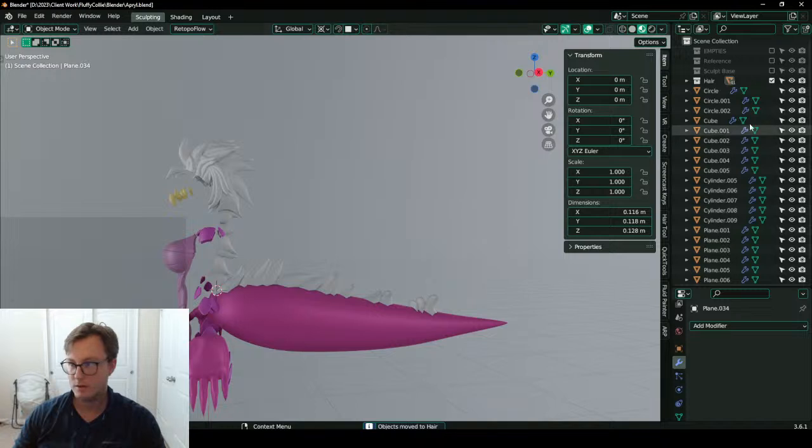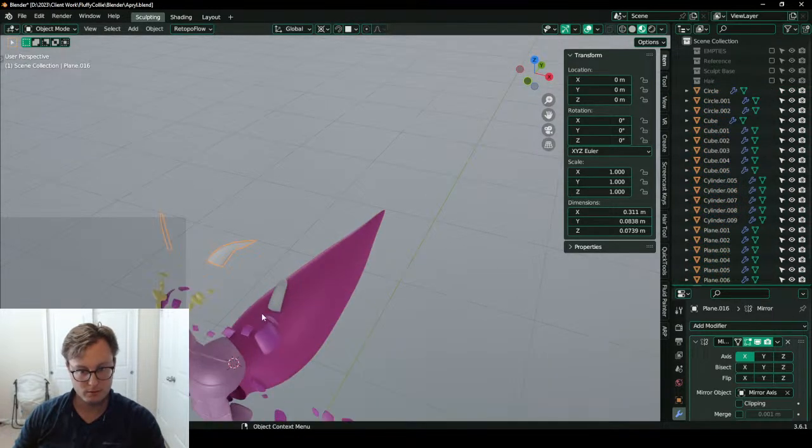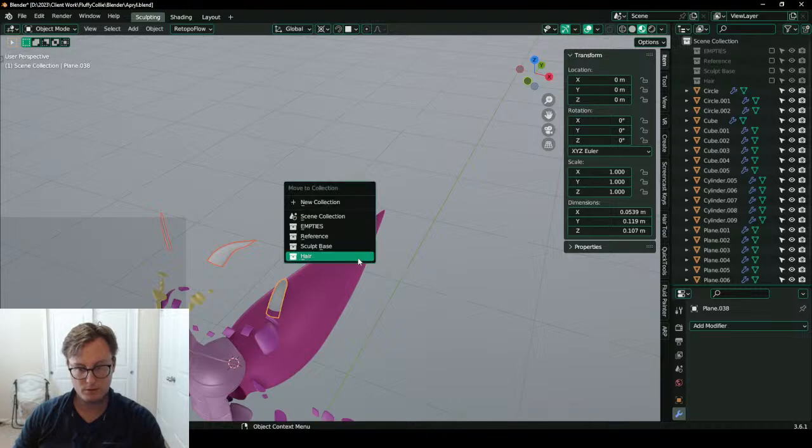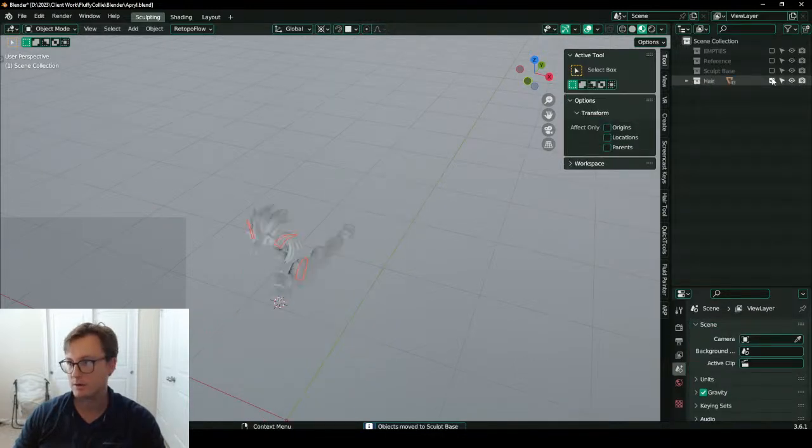Let's turn off hair. All this stuff. Actually, these two also into the hair, and everything else into the base.